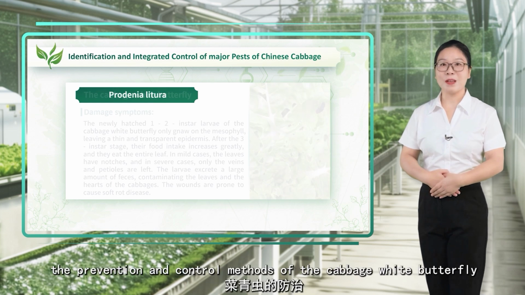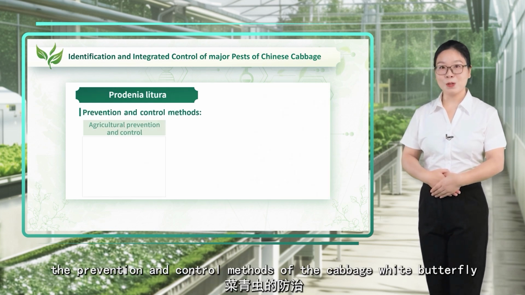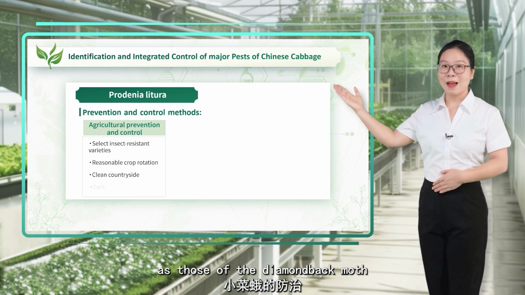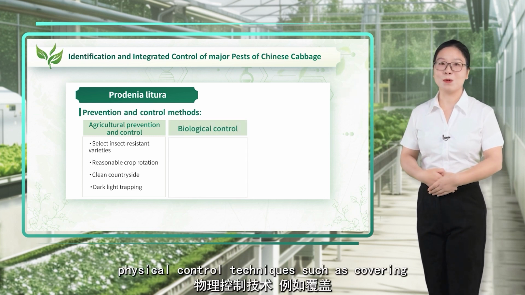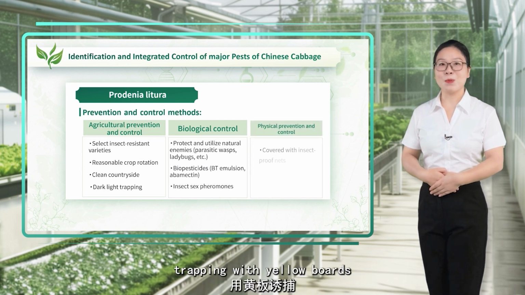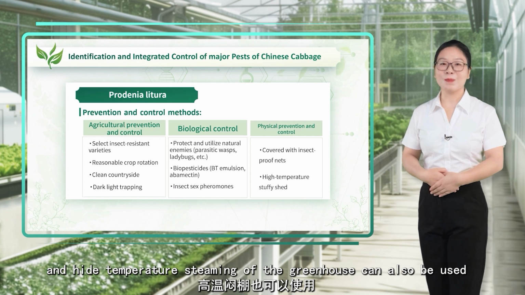The prevention and control methods of the cabbage white butterfly are basically the same as those of the diamondback moth. Physical control techniques such as covering with insect-proof nets, trapping with yellow boards, and high-temperature steaming of the greenhouse can